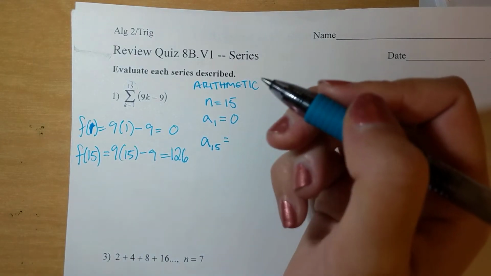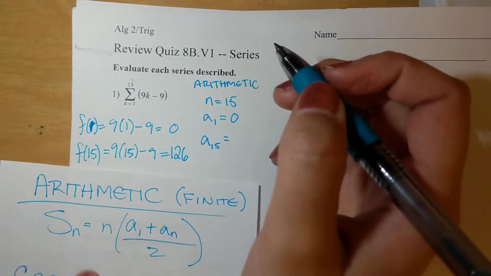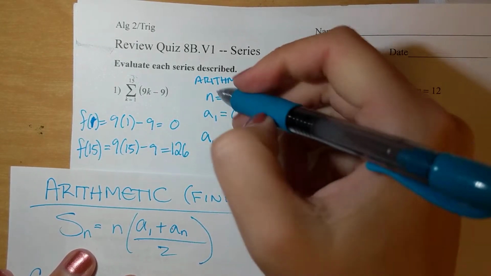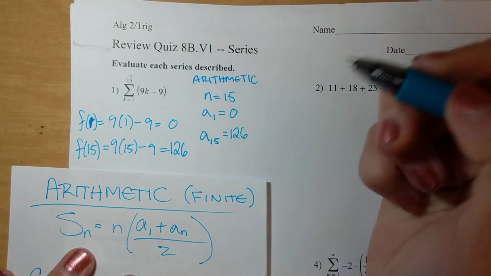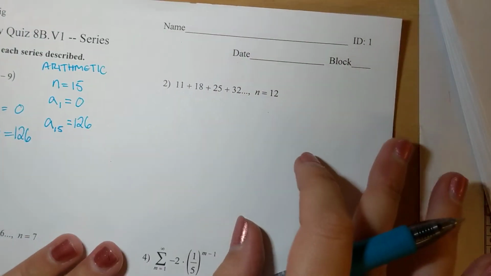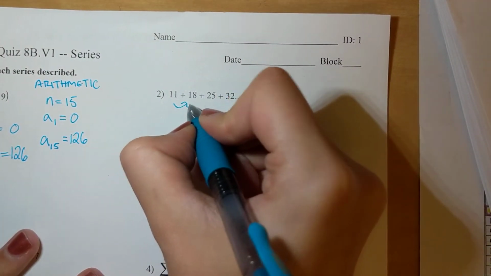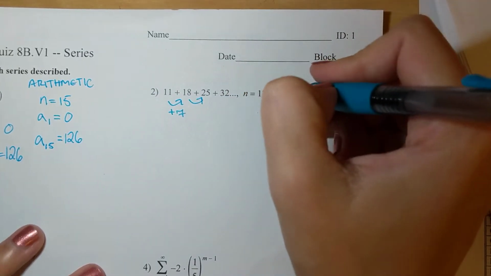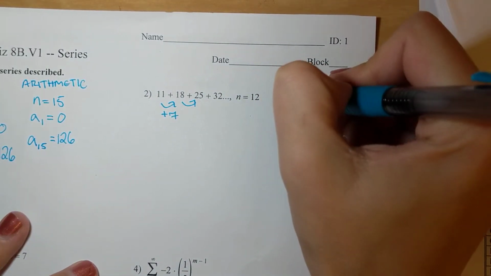This you will use in the formula for arithmetic finite. You would plug those in. I don't have time to do that right now, so I'm going to go on to the next one. This is adding 7. So this is arithmetic. D is 7,